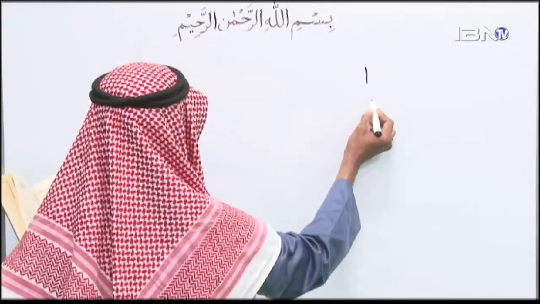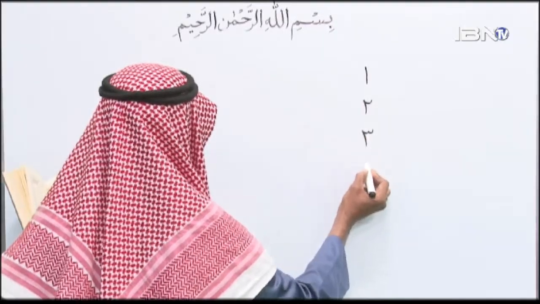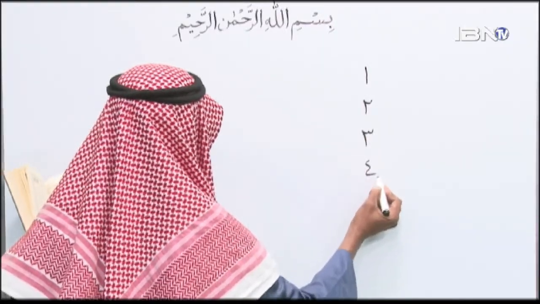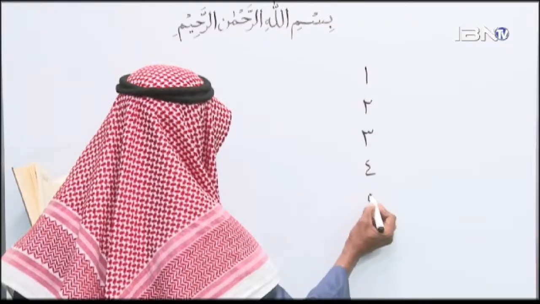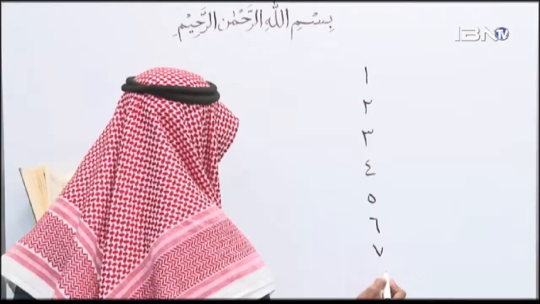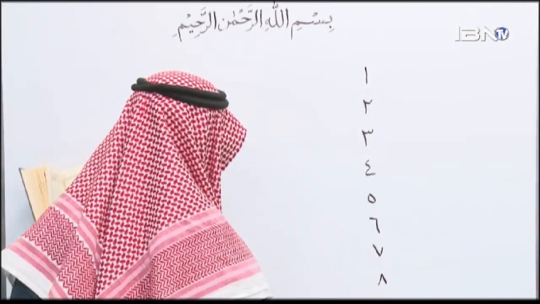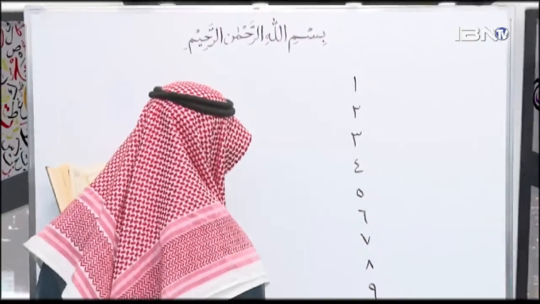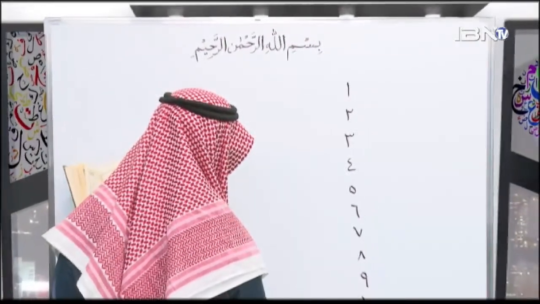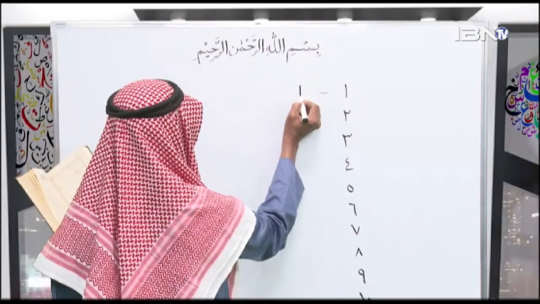This is Wahid, اثنان ثلاثة أربعة خمسة ستة سبعة ثمانية تسعة, and we have عشرة. All right, so this 1,